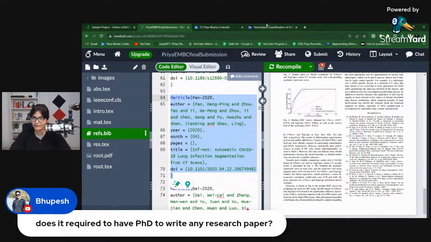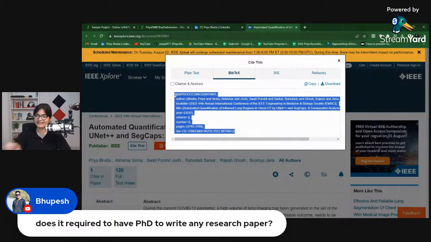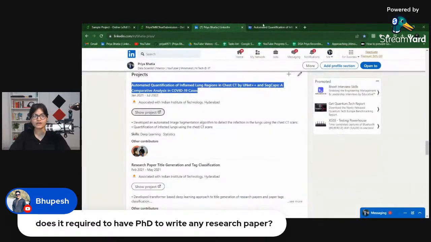So this is how every research paper has the citation, where you can go and check out the LaTeX link, and you will be able to get that. I hope this is also pretty much clear to everyone. You can even download the citations if you want. Every research paper will have citations, which you have to copy in order to mention it in your research paper.